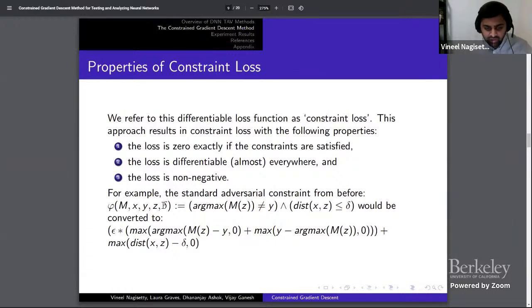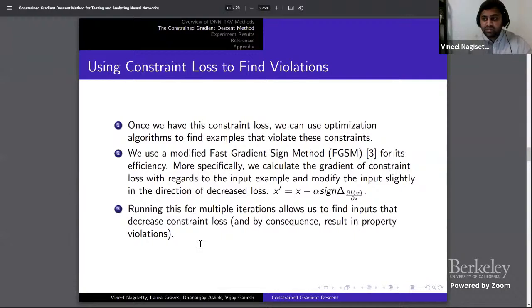And again, a quick example, the standard adversarial constraint from before would be converted to this equation here, and in our case, it's converted to this loss function that is suitable for a deep learning platform, TensorFlow and PyTorch. Now that we have these constraint losses,